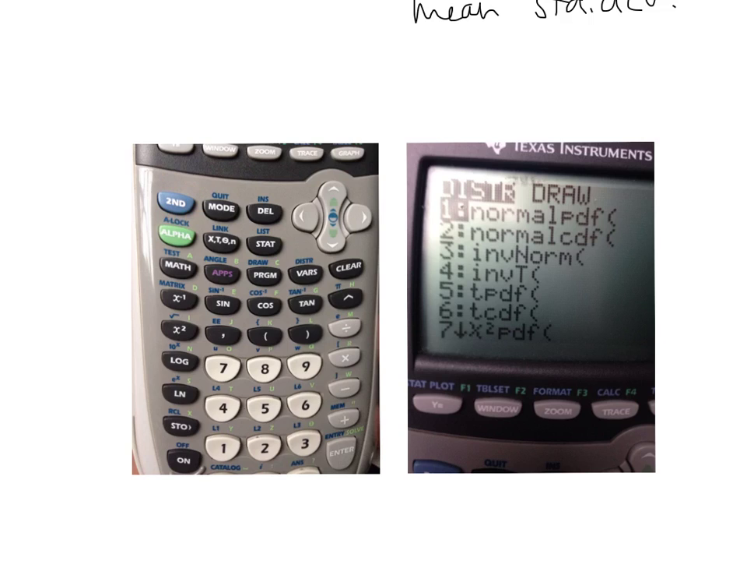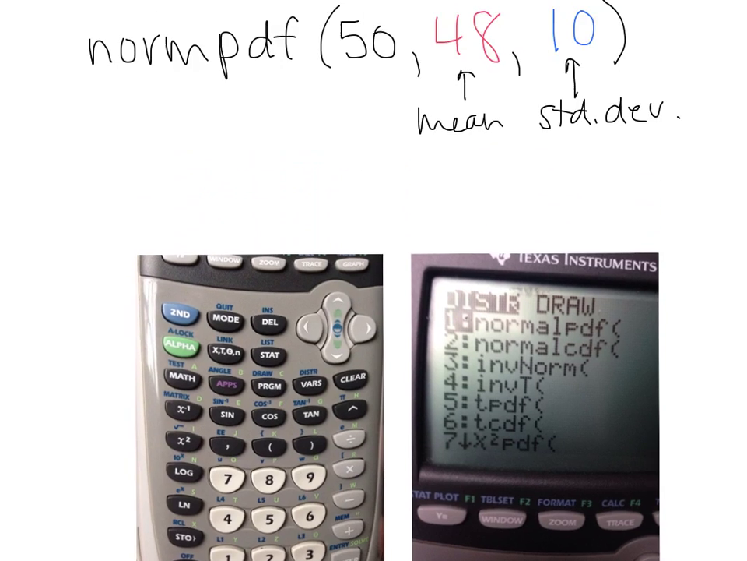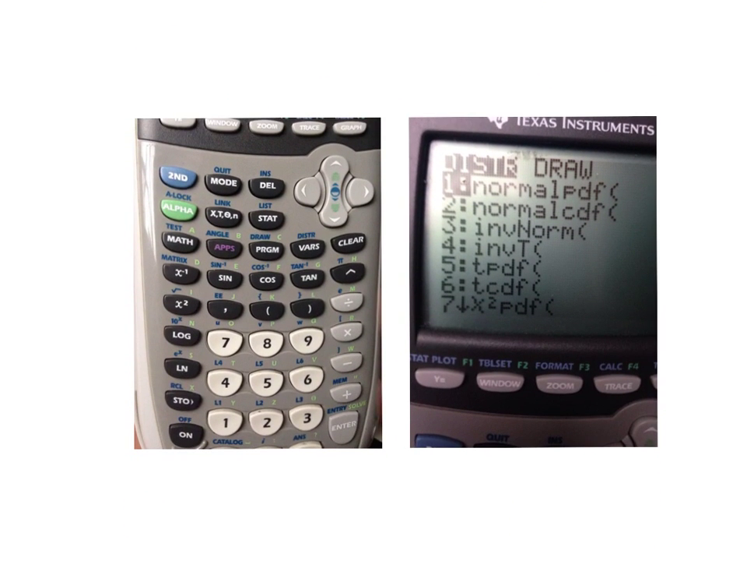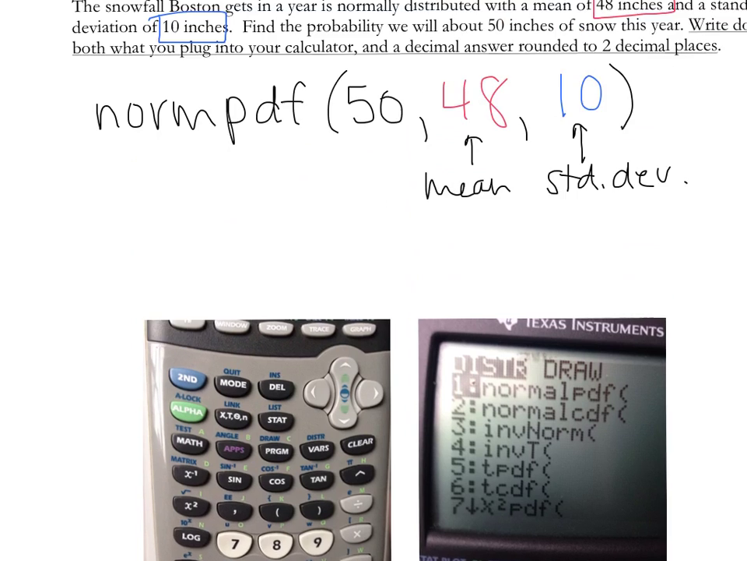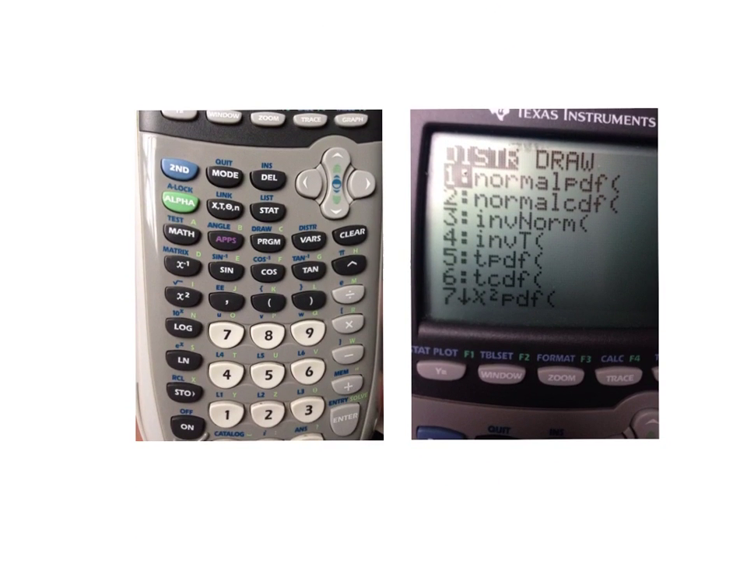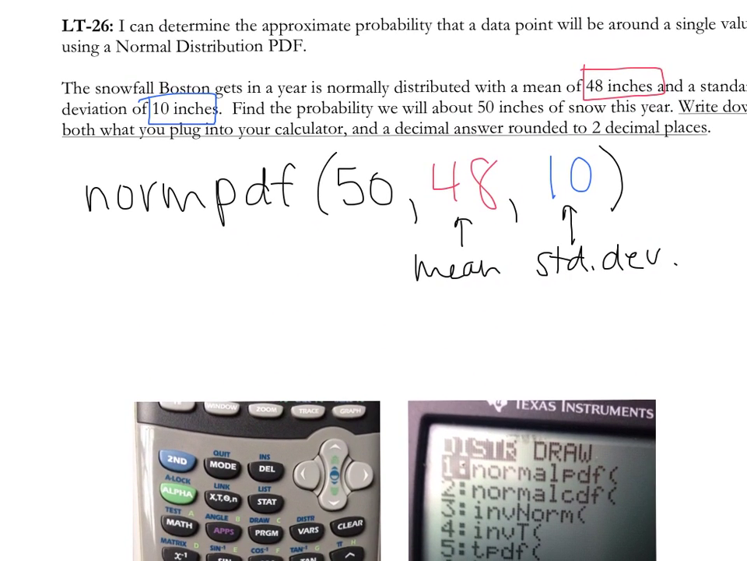So you would go to second distribution. For the normal PDF, you would hit enter, and then in this case you would type in 50, and then the comma, and then 48, comma, and then whatever the standard deviation was, 10. Then you close the parenthesis and hit enter. If you do that, you get about